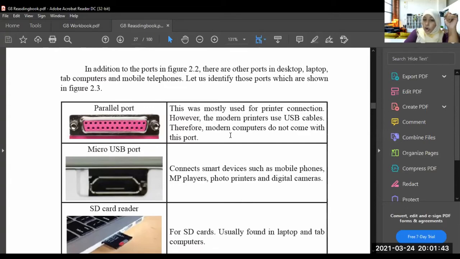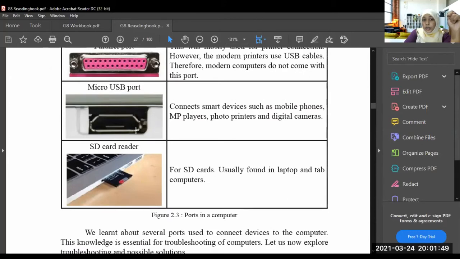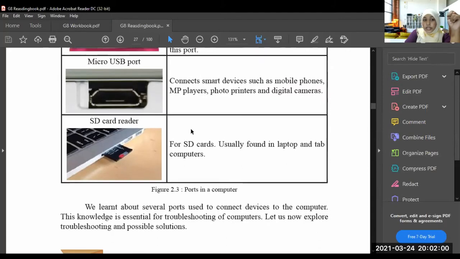So for that, modern computers do not have this parallel port. Micro USB port is used to connect smart devices like mobile phones, MP players, photo printers and digital cameras. SD card readers are used to connect SD cards, usually found in laptops and tab computers. Now understood?